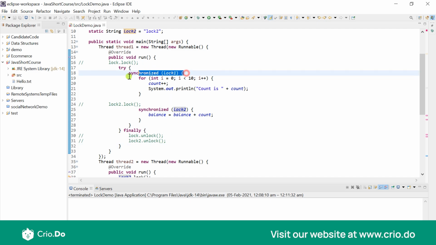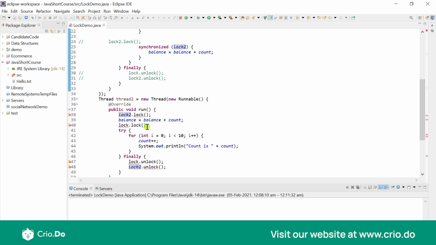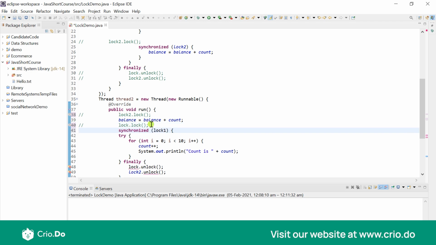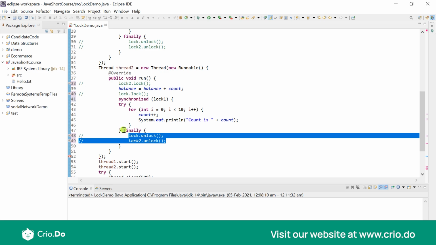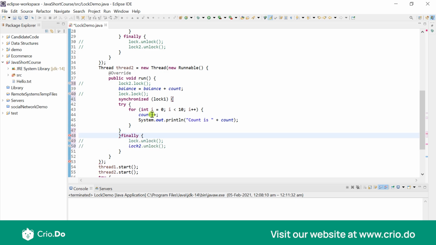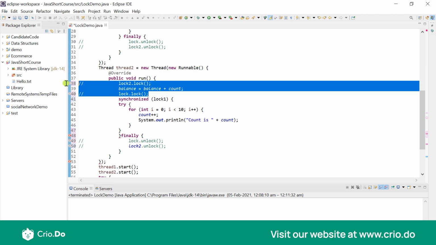I would do the same exact thing in the second thread. Instead of locking it like this, I would have a synchronized block for lock 1, and within my finally I would not have anything. And within my synchronized block of lock 1, I'm actually wanting to work on the balance part.